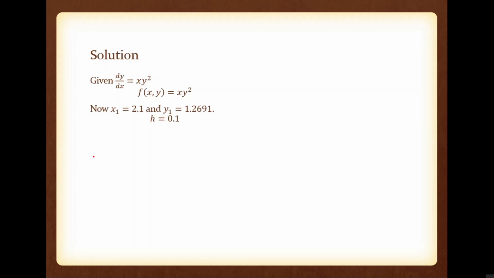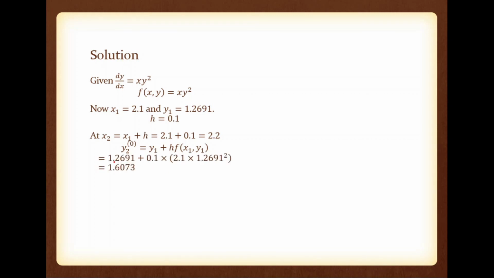So first apply Euler's method. So it will give y2 of 0. Then by applying modified Euler's method you have to modify the value of y2. So in order to find y2, first apply Euler's method. So what is Euler's method? y2 of 0 equal to y1 plus h into f of x1 comma y1, because x1 comma y1 is available. So y2 equal to y1 plus h into f of x1 comma y1.